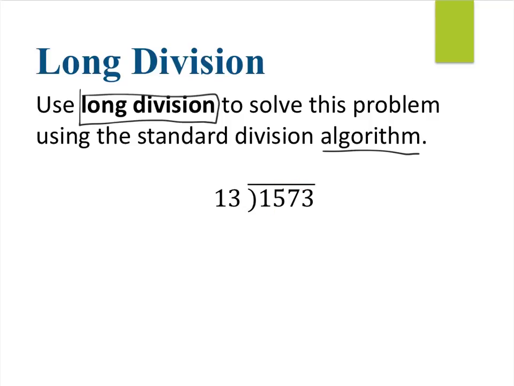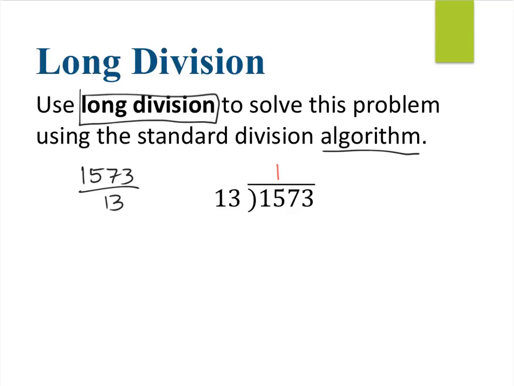So originally this problem would probably look something like 1,573 divided by 13, right? The thing that's being divided goes inside of the little radical sign. It's not a radical sign, but it goes underneath, and then the thing we're dividing by goes outside. So 13 does not go into 1, but it does go into 15. So I would write 1